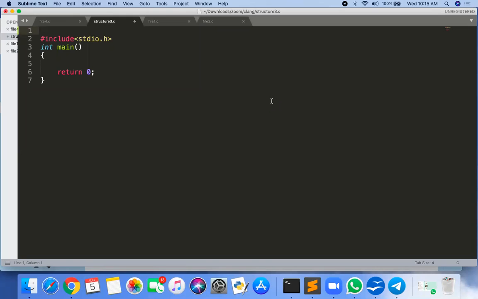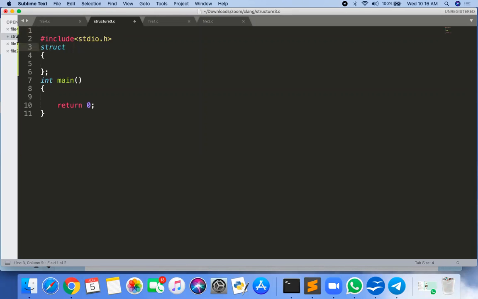When you are running the program, you just ask the user how many students they want to make an entry for. If the user says 10 students, only create an array of 10. If the user asks for 100, just create an array of 100. Very simple. Getting it? Then we can save very expensive memory. First we will see how to use that, but before starting, let me create one structure.